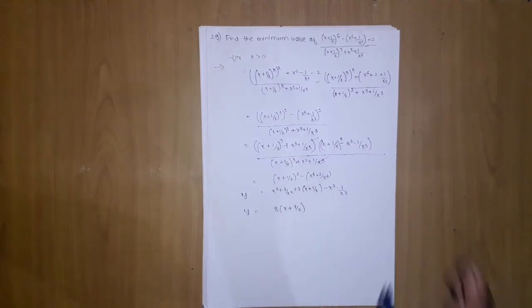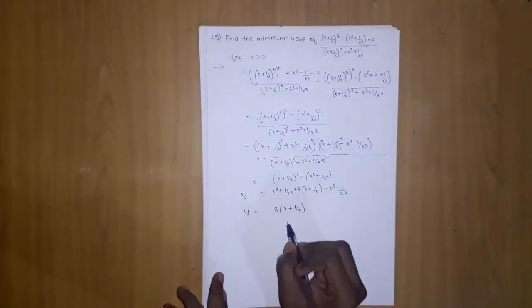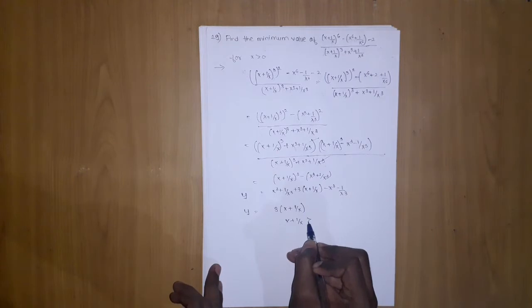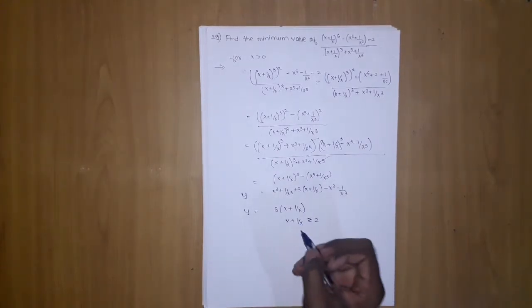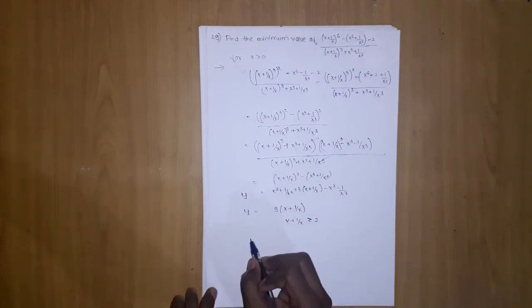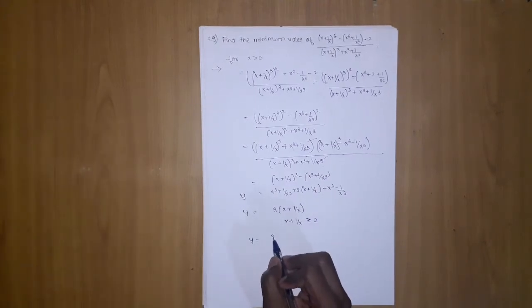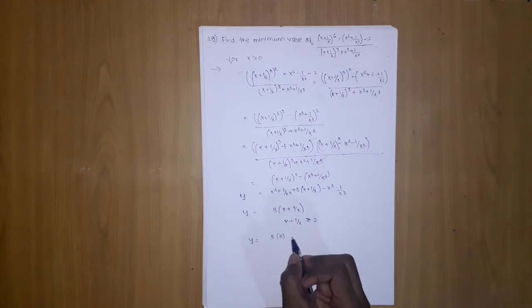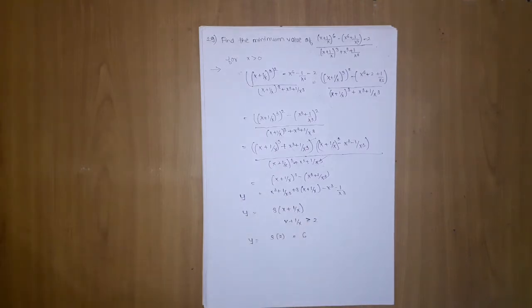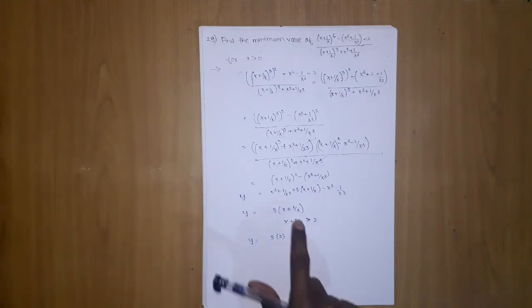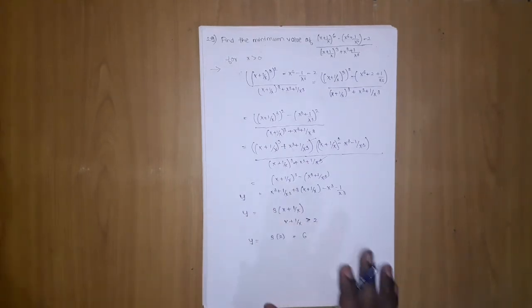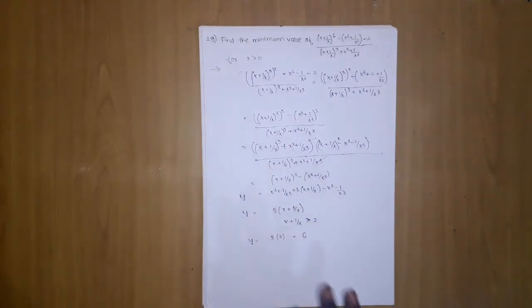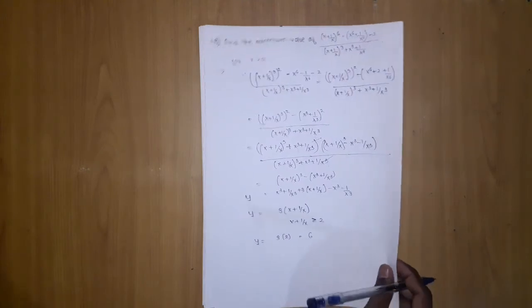Now I have used this concept earlier also, that x plus 1 upon x is greater than or equal to 2 for x greater than 0. Its minimum value will be 2, so 3 into 2 will be the minimum value. It will become indefinite for a maximum. Its value will be greater than or equal to 2, so we got its minimum value, and 3 into 2 will be 6. Okay guys, so we got the minimum value of this.